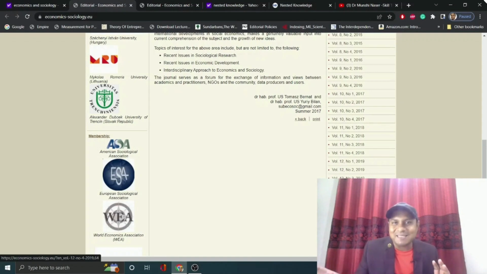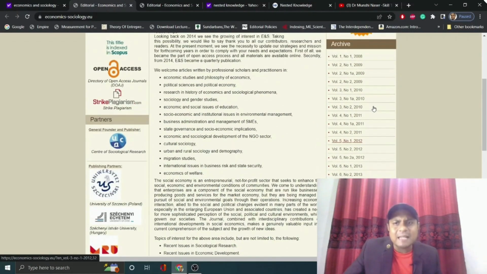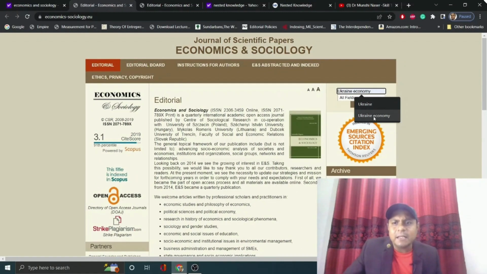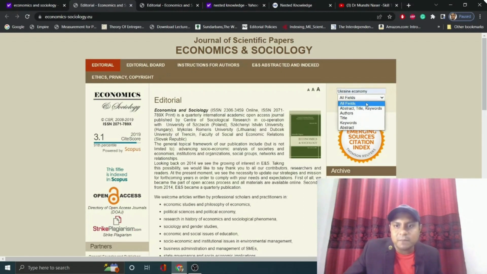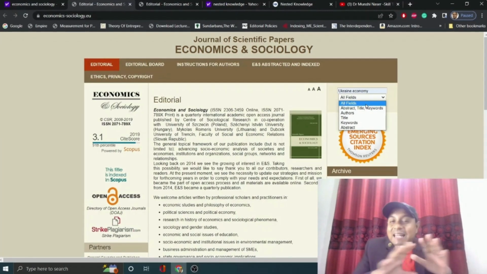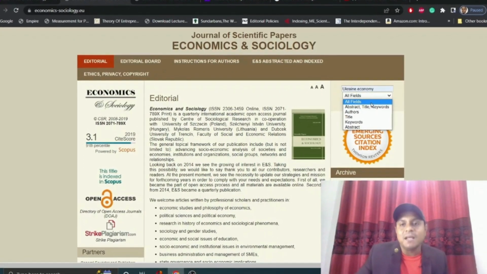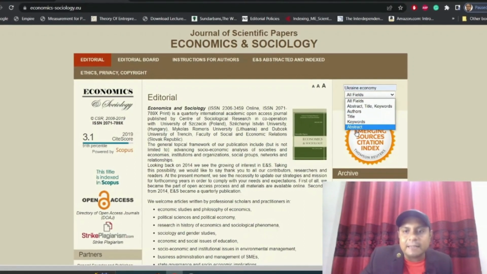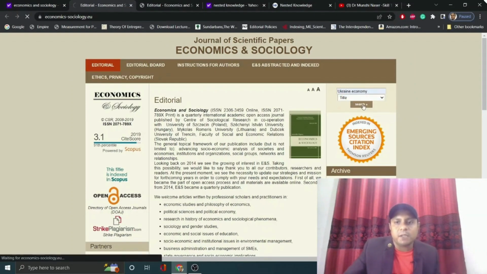But don't do this. The smart way is to go to the archive of this particular journal. Let's assume I write Ukrainian economy, because I would like to find some research papers on the Ukraine economy, right? I'm not talking about only this journal; you can apply the method to any journal. You can choose abstract, author, title, or keyword. I just want to see the title, so the title is Ukraine economy. Go and search,